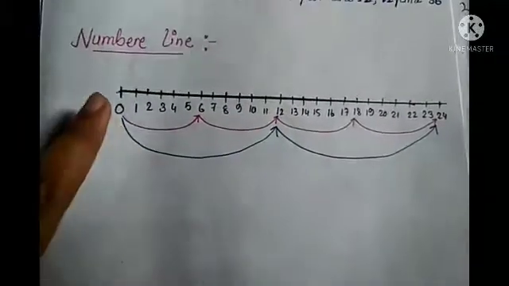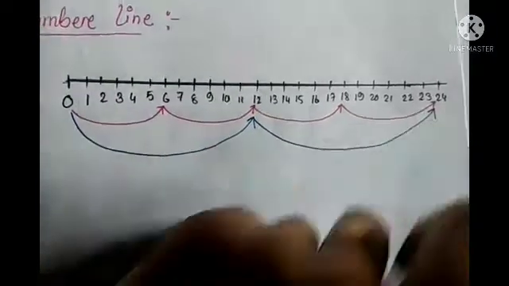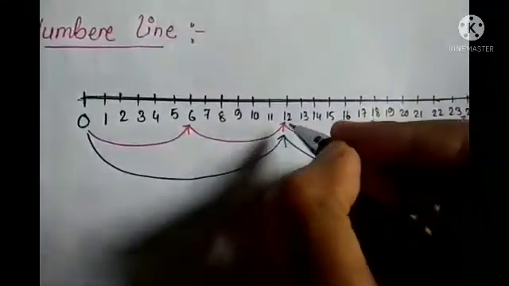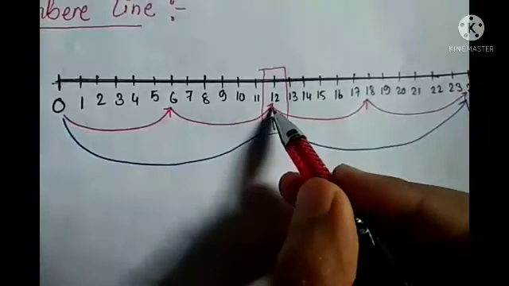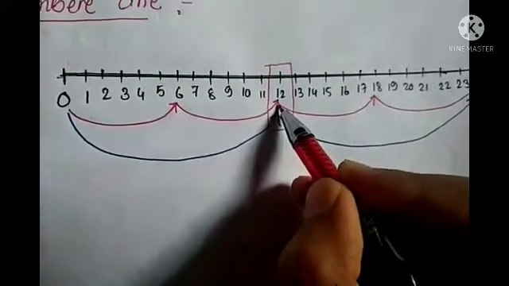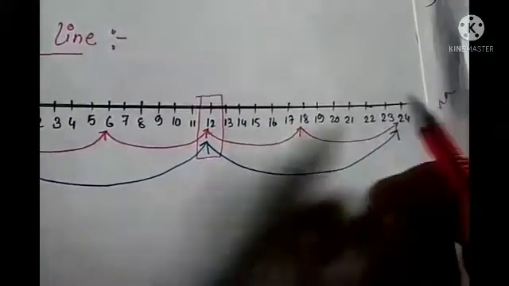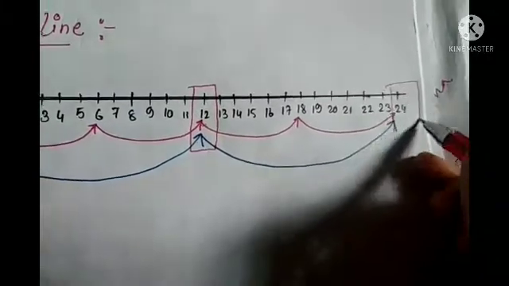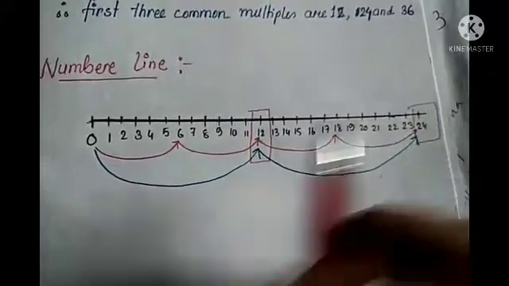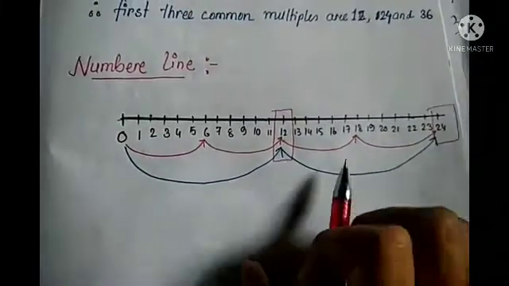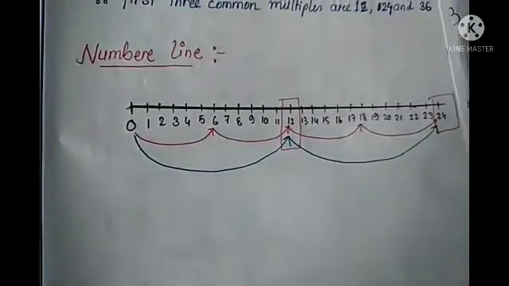Now for 12, first step will be 12, 12 1 ja 12, 12 2 ja 24. So here you can see this is the common place, right? You can see this is the common place where you can see both the numbers, like 6 times tables also we can find here, and 12 times table also. Similarly here, no, we cannot, but yes, in case of 24, yes, you are getting both the numbers. So 12, 24, they are what? They are common in both 6 and 12. Okay, so that is why these two numbers can also be considered as common multiples of the two numbers given.